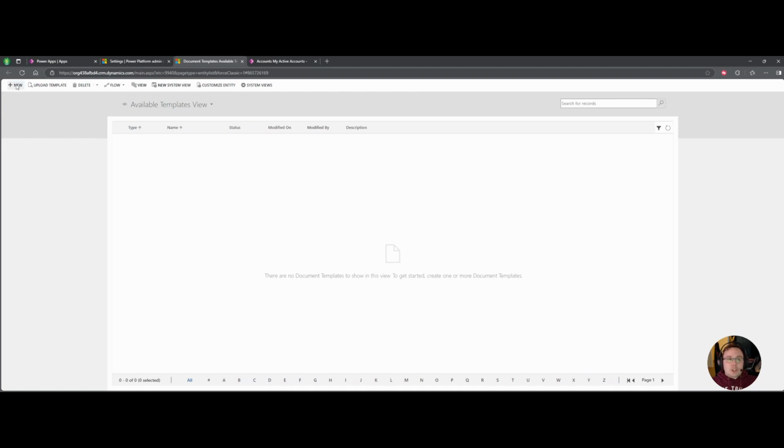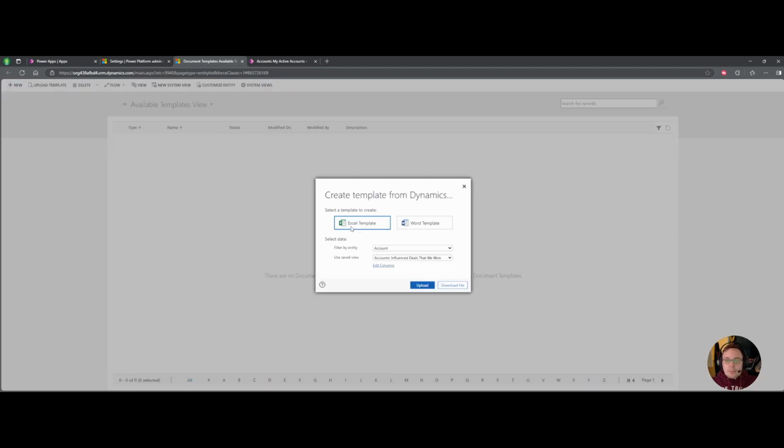You can choose the new button up here and choose what type of template you'd like to do. It's worthwhile noting that today's session is going to focus on how we generate a personal template. This view is used to create what are known as administration templates that everybody has access to, and I'll get into a bit of a difference between those two when we get into actually Word templates as a